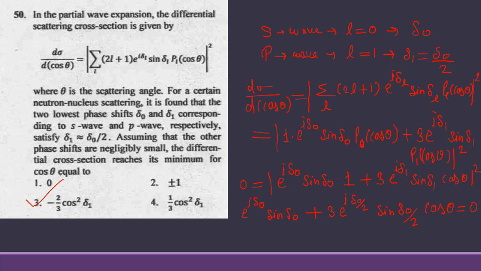Okay. So this is a very simple question. You just need to simplify this question. So mathematics is involved here. Because everything is given in this question, you just have to simplify this. Okay, now we will move towards the next question.